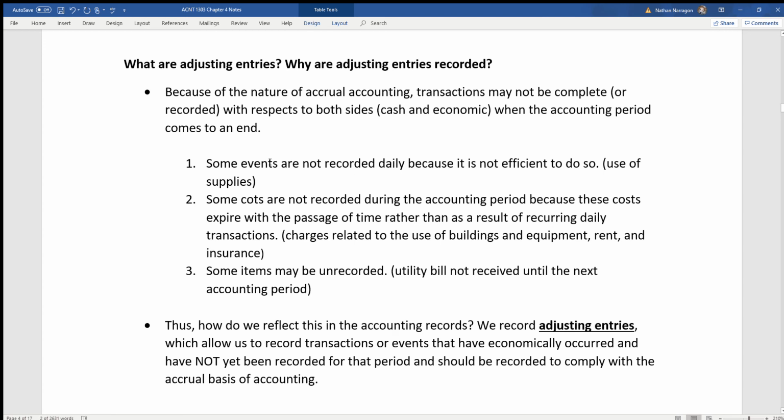So some events are not recorded daily because it's not efficient to do so. This is the use of supplies. We're not going to do a physical count every time